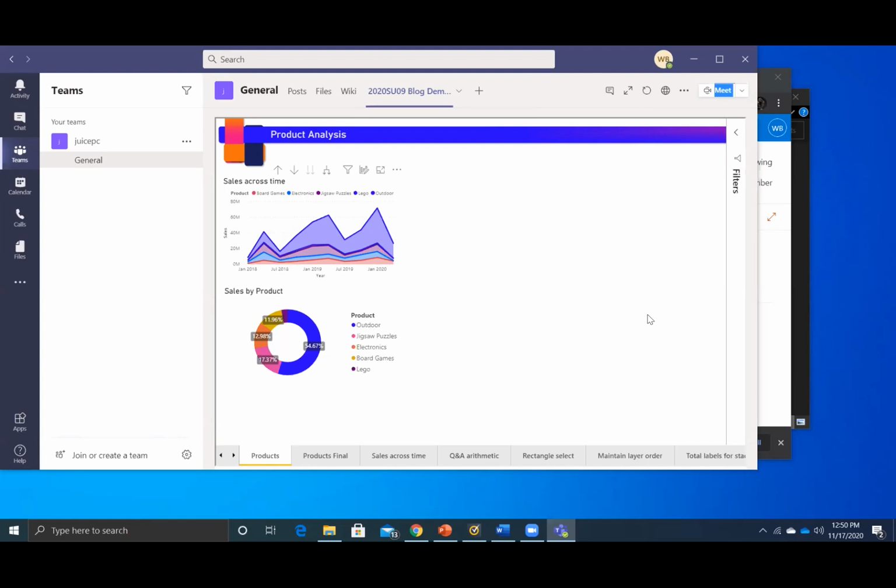Dataverse for Teams: you could build a table that tracks all of the reports that have been added to the SharePoint list, so you could always monitor what the heck is going on. And the new data lineage that's coming into play that we were showing off with dataflows, Power Query and all that, that's good. And then once you start linking all this stuff up with Azure Data Catalog,